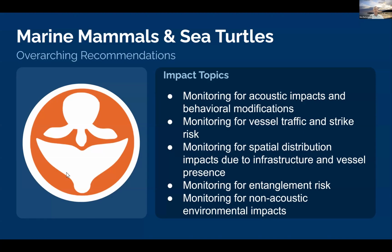That is when lost fishing gear gets hung up on existing infrastructure, and then a marine mammal swims through that. That's called secondary entanglement. Tertiary entanglement then is when an organism is already entangled, swims through some sort of hard infrastructure and gets hung up. These have been raised as concerns, and the question is still unknown how much of an effect this is going